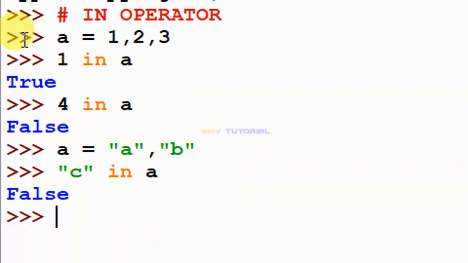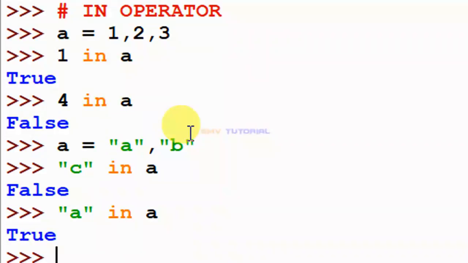Why? Because the C sequence is not in the A object, so this is false. And I check the next condition, "A" in A. This condition is satisfied, true. Why? Because the value A is inside the A object, so this condition is true.